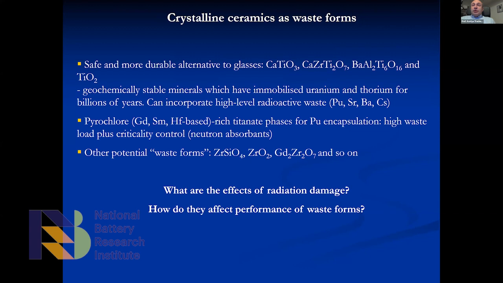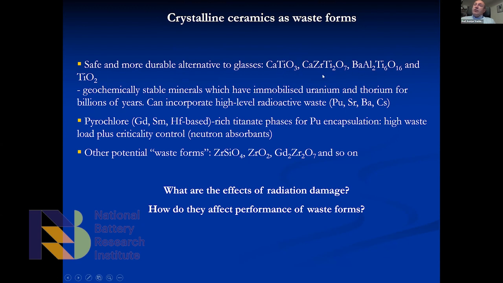Right, so let's now talk about materials which are actually used as waste forms. Traditionally, borosilicate glasses are the ones used to encapsulate nuclear waste. In France, for example, there is a big industry using borosilicate glasses, and to some extent in the UK as well. Now, when it comes to very long-lived isotopes, like actinides, it's been realized that the series of these ceramics